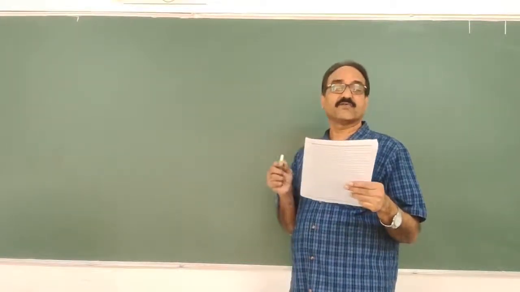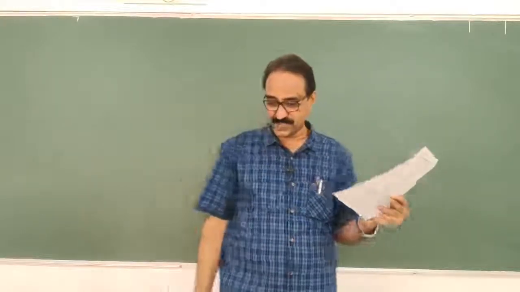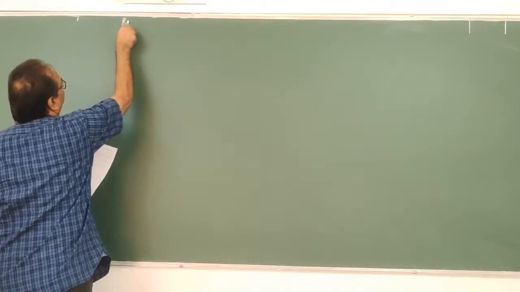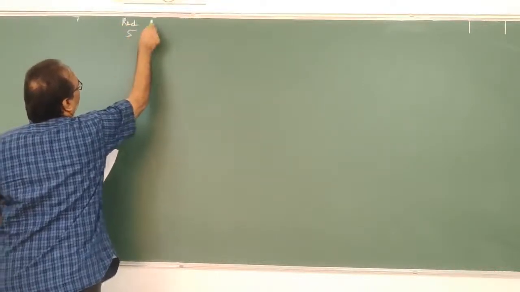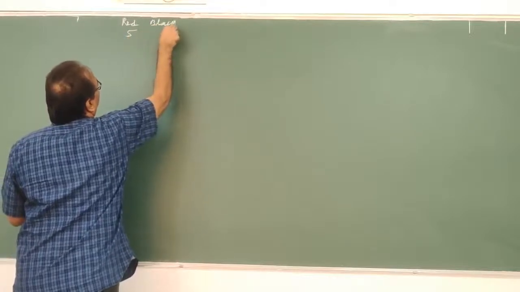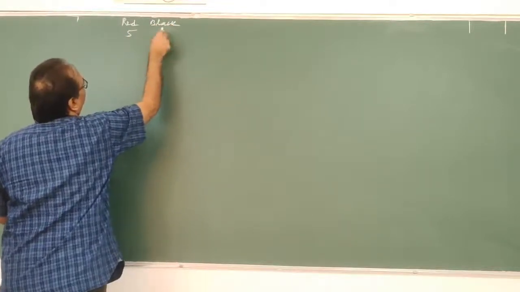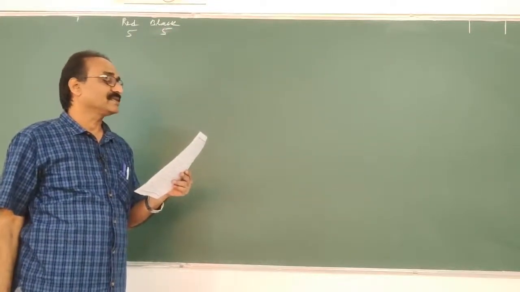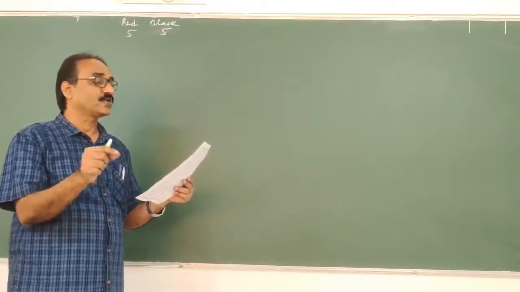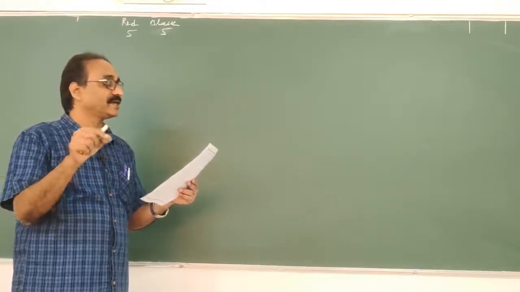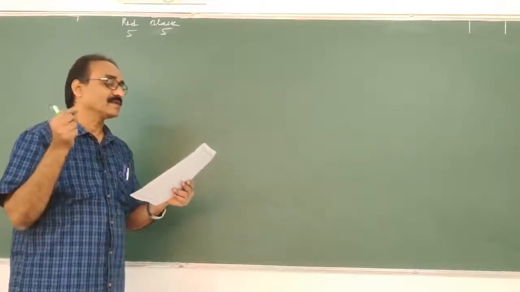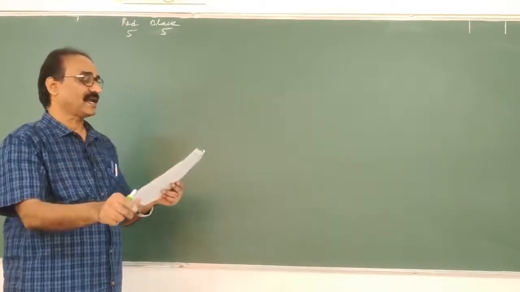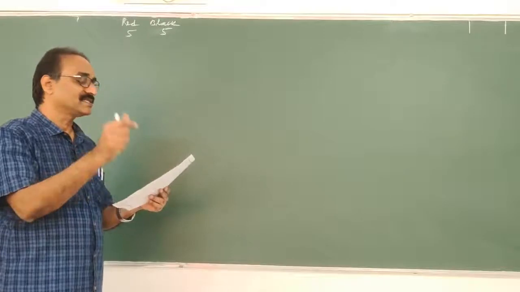In that urn, we have 5 red and 5 black balls. Number of red balls in that urn is 5, number of black balls is 5. Just to have knowledge of what we read, I am writing it like that. An urn contains 5 red and 5 black balls. A ball is drawn at random. Its color is noted and returned to the urn. Moreover, 2 additional balls of the color drawn are put into the urn, and then a ball is drawn at random. What is the probability that the second ball is red?